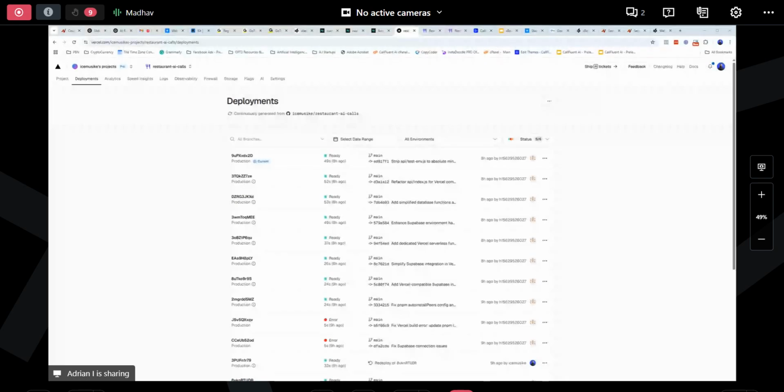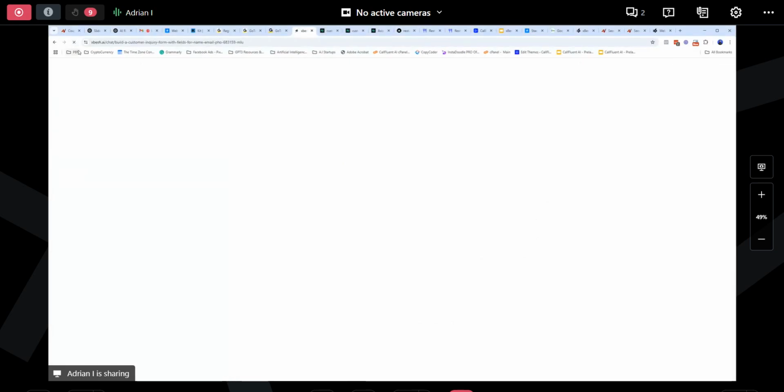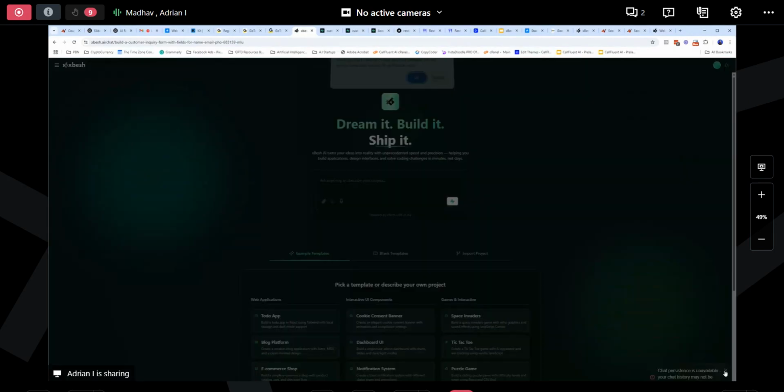One more thing, this is a very important thing that I wanted to share with you guys. When you're logging into Xbesh.AI, make sure you're not doing it from incognito, because look at that, it's kind of back, but still I see this error, so I'm waiting for the final push.